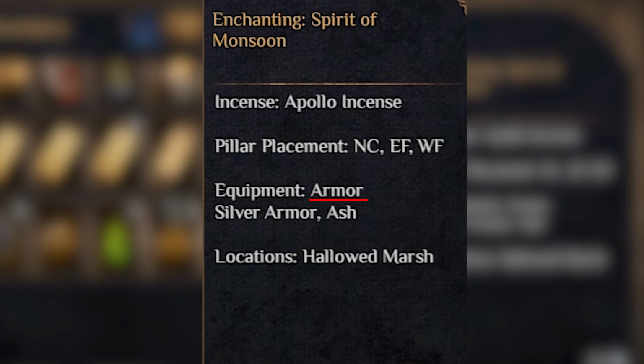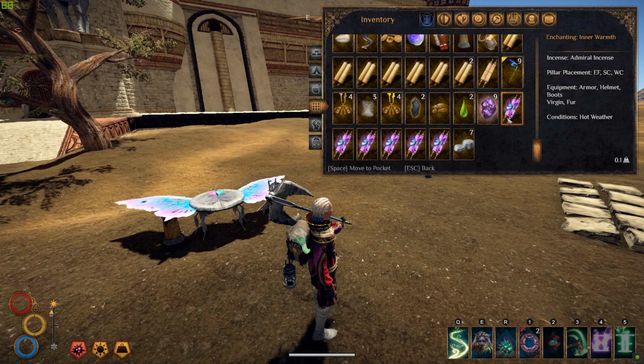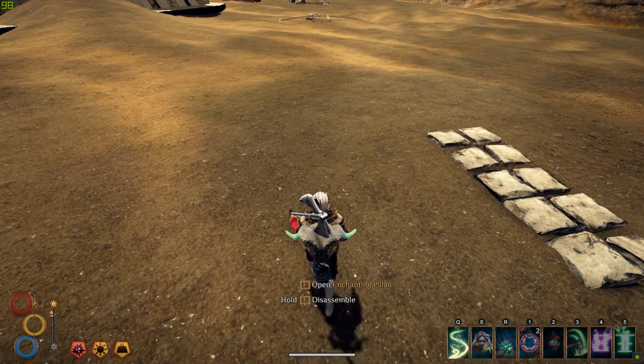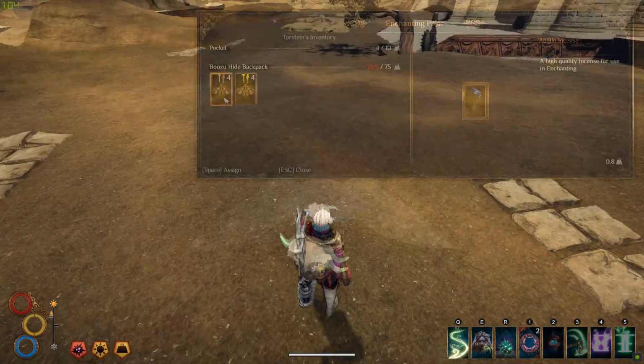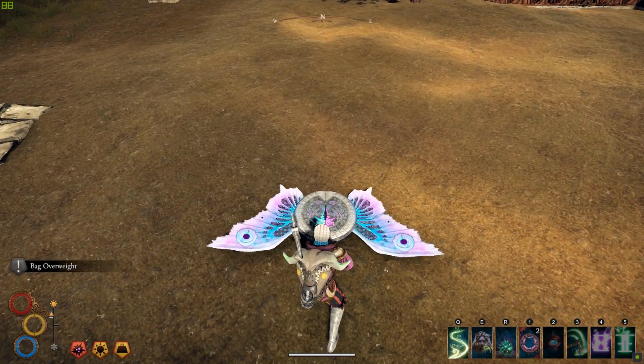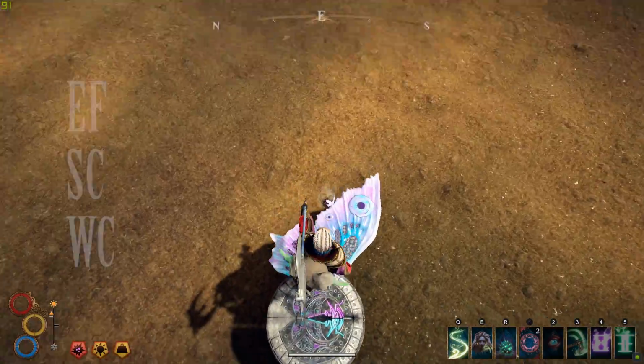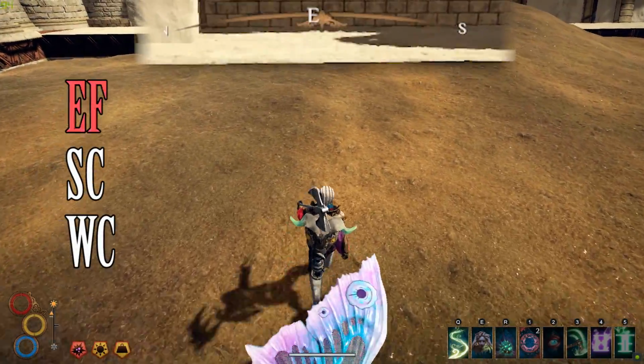The first line will always show you the type of an item you can enchant, and the second line is for the quality type. Some enchanting recipes will have additional conditions like a particular location or the weather. For example, Inner Warmth recipe requires hot weather, so you'll need to be in Abrasar Desert. Let's see how this particular enchantment can be done properly. I set the pedestal towards north and I started placing the pillars accordingly. For this enchantment we have east far,